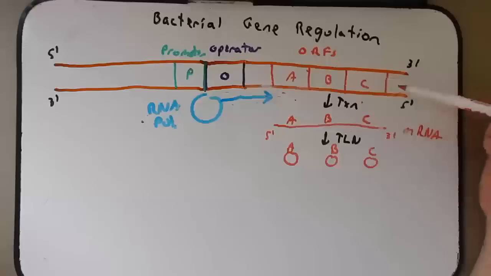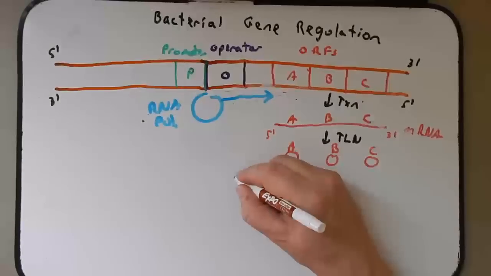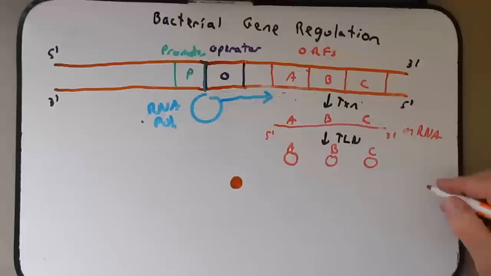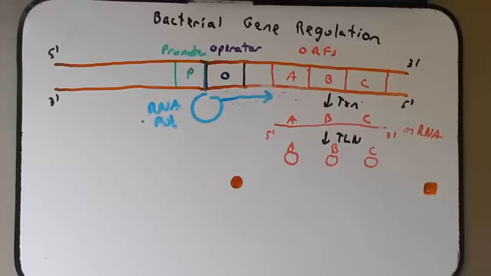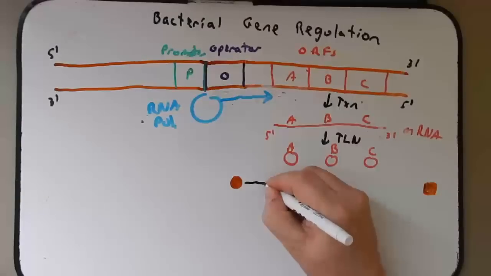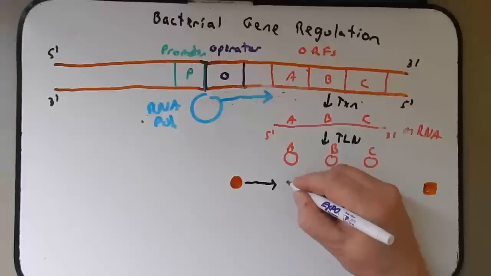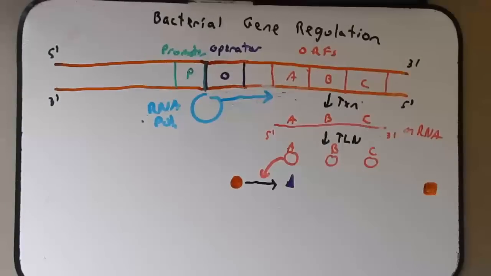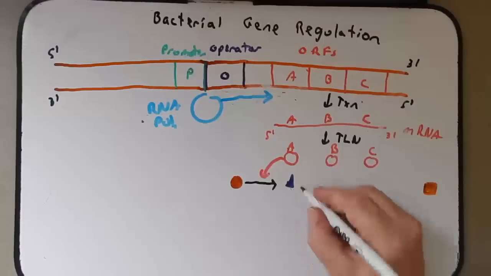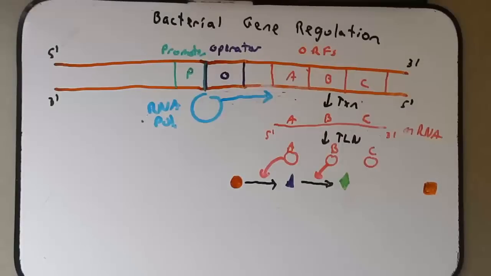Now, bacteria doesn't just combine any 3 genes. They combine 3 genes that work in a similar pathway. So for instance, if these genes were important in making this substrate into this product, these proteins that were just made from this operon would all be involved in this pathway. So for instance, this protein A here might be what's needed to convert this substrate into this intermediate. And then protein B here might be important in making this substrate into this next substrate. And then protein C here is going to be responsible for making our final product here that I've already drawn.